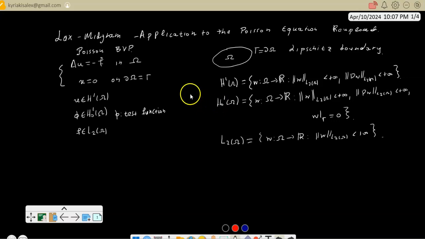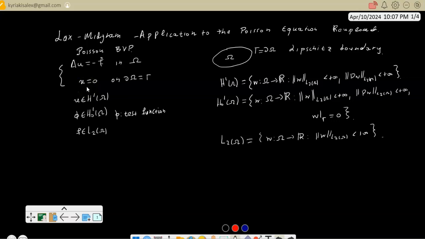One of the subscribers noticed that I'm using the L2 norm and not the H1 norm when I prove the coercivity result. So in both continuity and coercivity of the bilinear form, I will use the H1 norm to be concrete and consistent. The Lax-Milgram theorem is a theorem that shows well-posedness of